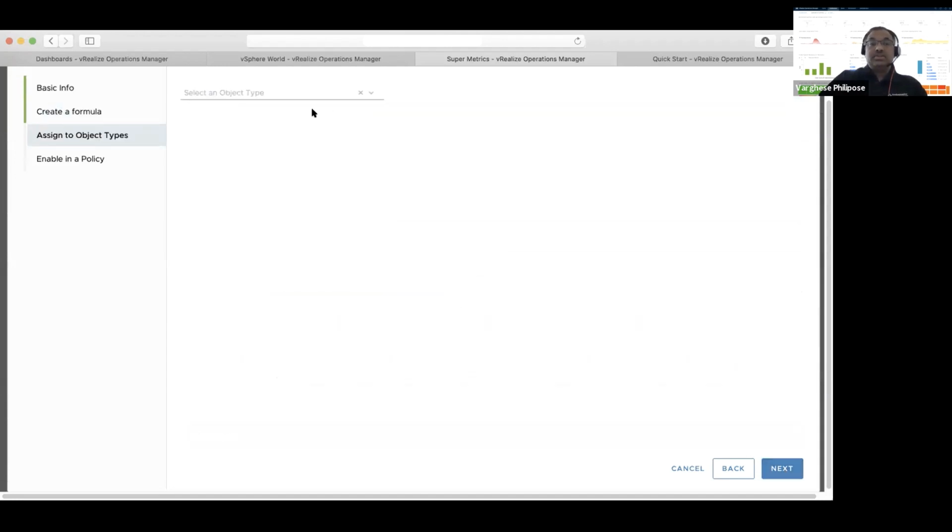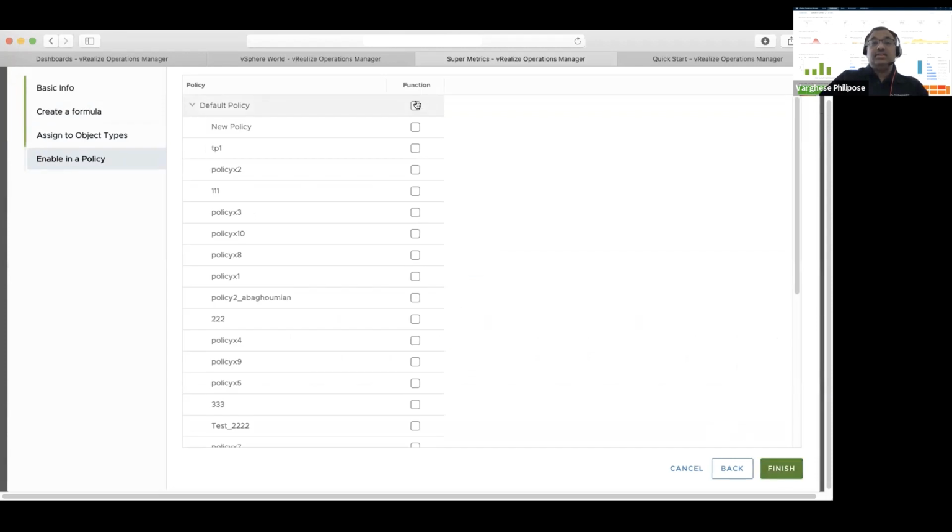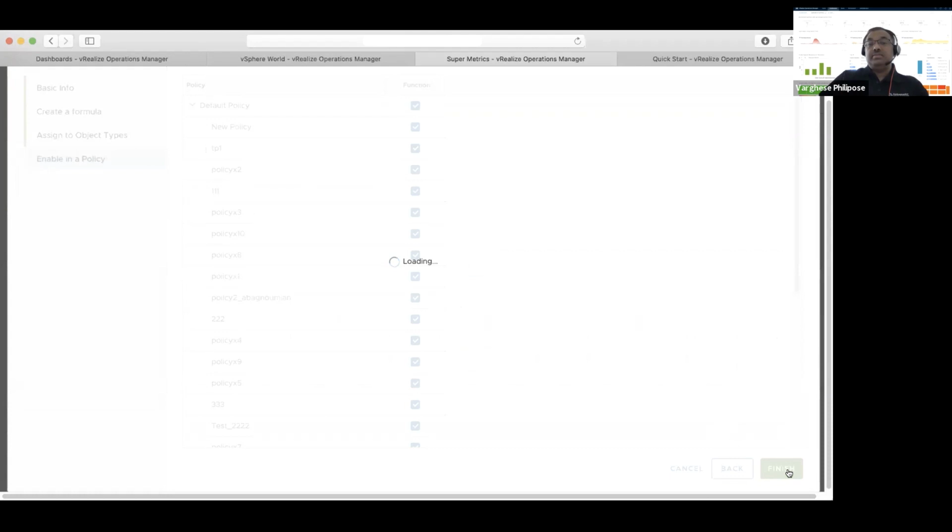So now let's go further ahead. I'm just going to apply this to custom group now. Container, I will say function, next, and then, yeah, I've got quite a lot of policies here. So apply it to the policy, and that's it. That's done, right? Similarly, you can do the same for, instead of CPU ready, you can use the memory balloon